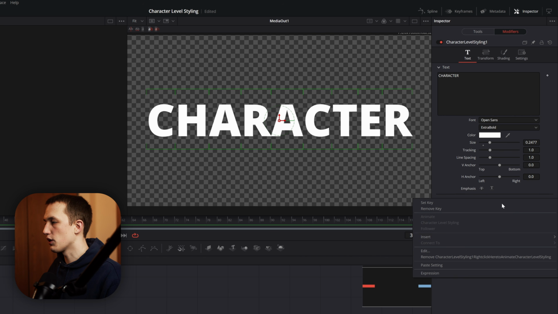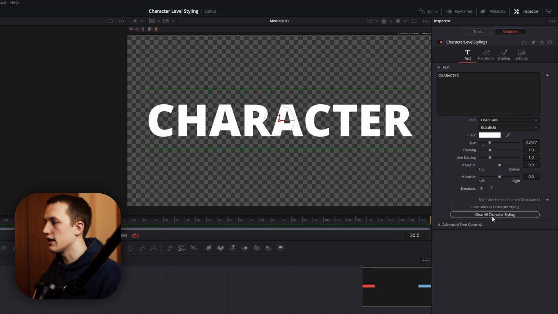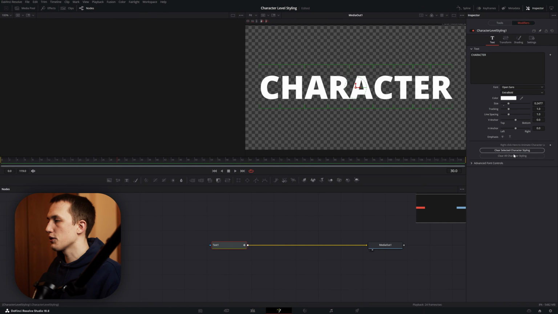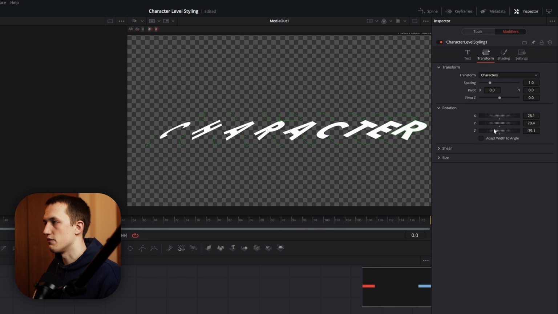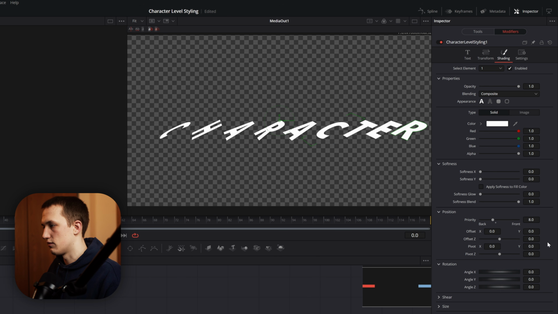Right click by this keyframe and remove the animation. Then click clear all character level styling. This is just going to set everything back to normal. Let's say we do this in reverse. So on frame 30, we add in a keyframe because this is where we want all the text to be. Then we go back to frame 0, and then on here, we maybe rotate the characters around. We do some fancy stuff with that. Go through and change the offset values for them. So we can just make our own